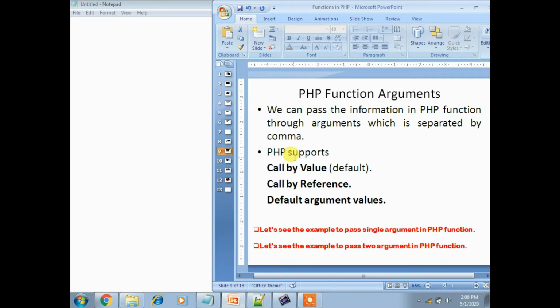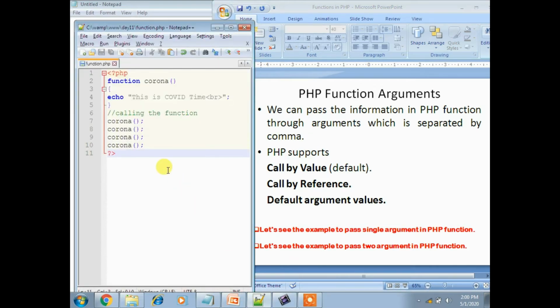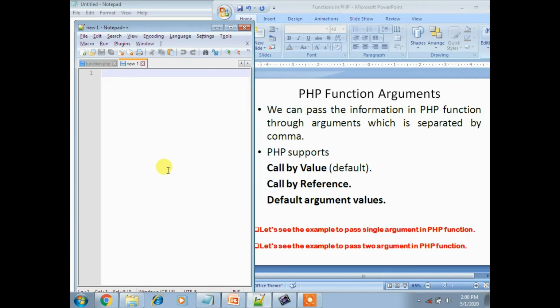Let's see one example to pass a single argument in a PHP function. For this I am opening a notepad. Whatever I created earlier, I am removing, and I take a new notepad with a new program.